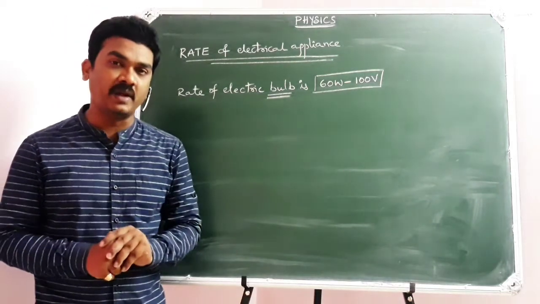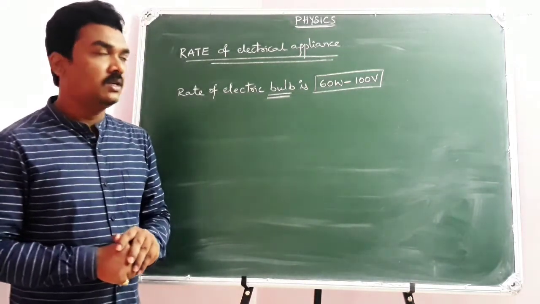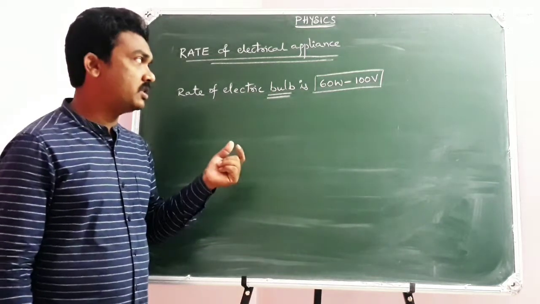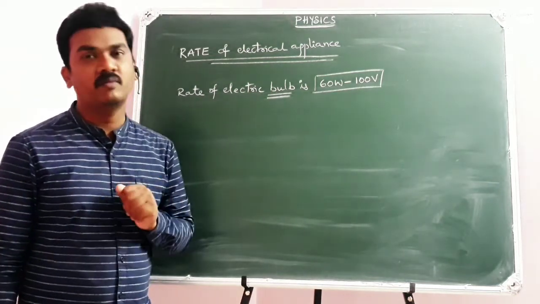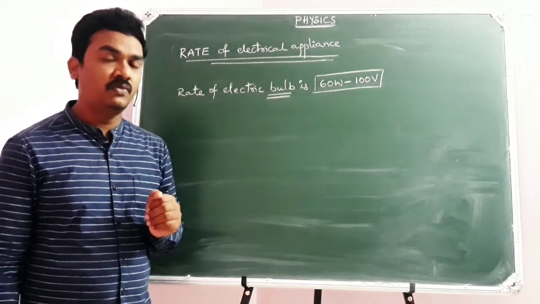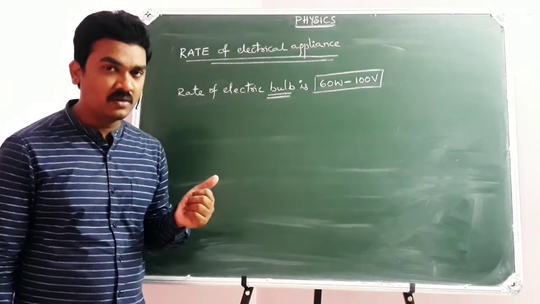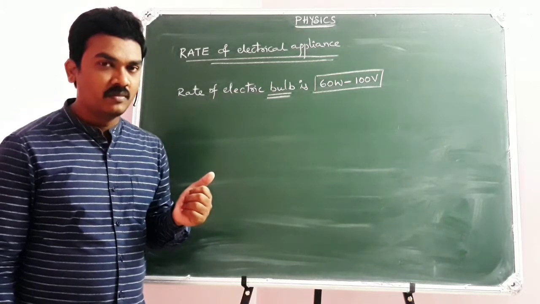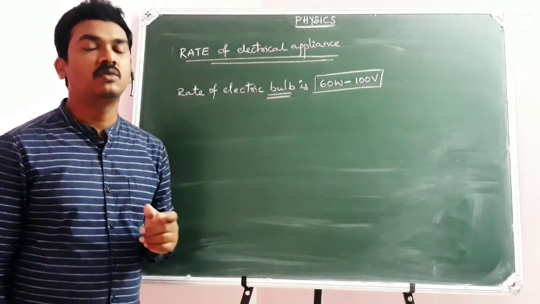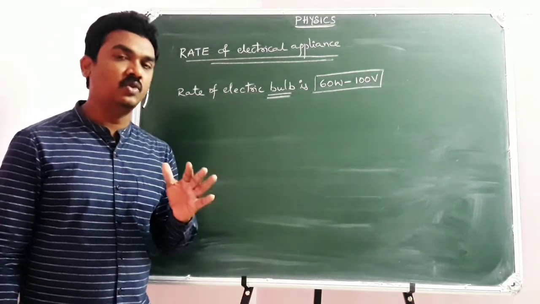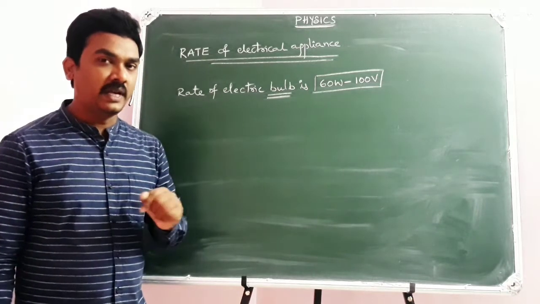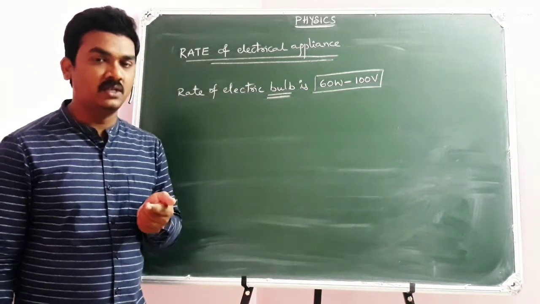Immediately something is running in your mind. Sir, if the potential difference across the bulb is 100 volts, it consumes 60 watt of electric power. Okay, if the potential difference across the bulb is 50 volt, will it consume 30 watt? Not compulsory. That depends on the electric circuit given to you. So we have to go through some numericals which will give you more clarity on that. We will discuss later. Next question, something is running in your mind.